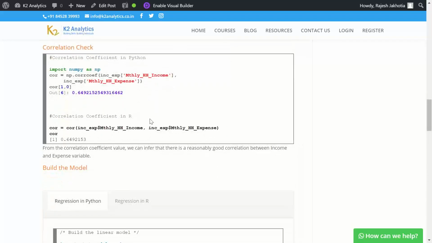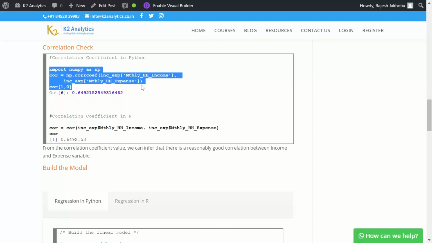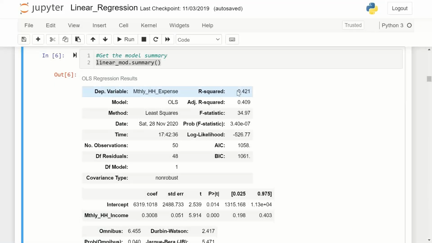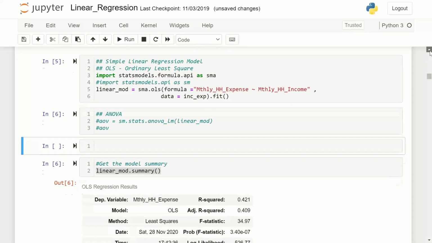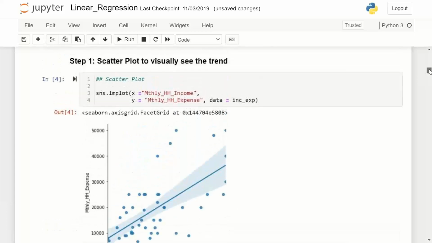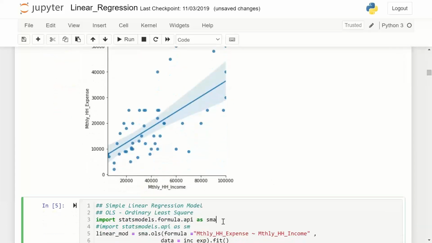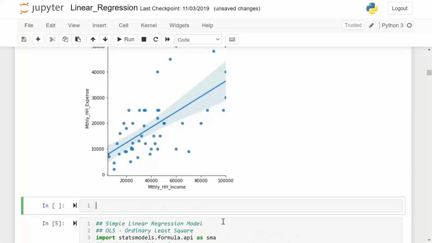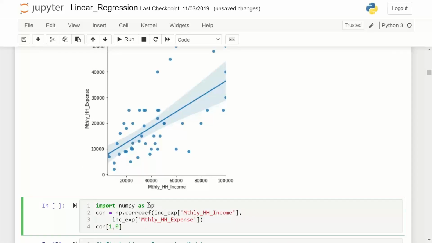There's a piece of code for correlation check, which I have not executed. If I have not executed, probably what I can do is copy this part of the code and paste it here. The correlation check is just trying to show you how correlated X and Y are. Because I did not execute, I'll just come here above from the blog. I've copied it. numpy is already imported. So run this piece of syntax. It shows that there is a high degree of correlation between income and expense.